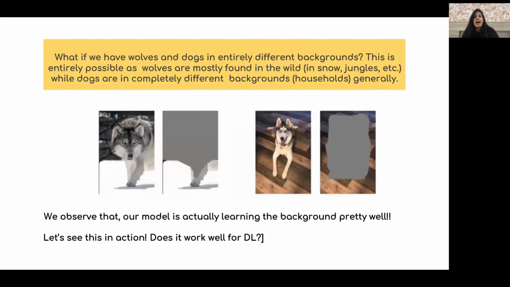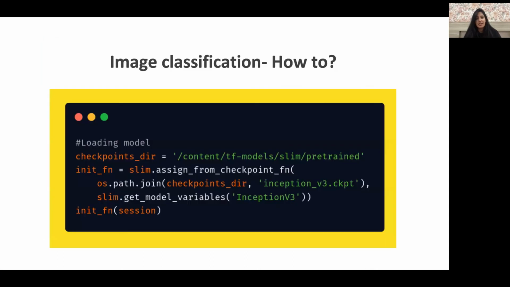Now, what ended up happening when we tried to explain our model using LIME was that our model was learning only the background to distinguish between wolves and dogs. And that's when we know that it's actually not learning what it intended to learn. So that's one interesting application, that it's model agnostic. And that's how we know that we cannot actually trust our models off the shelf, even though the accuracy of the model was really good.